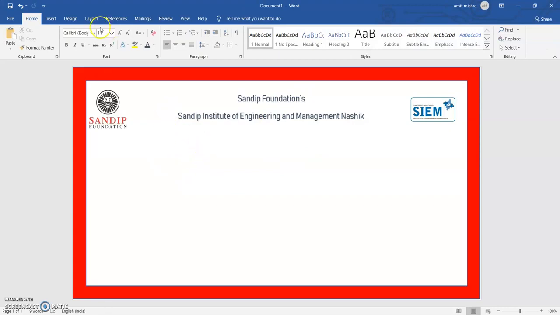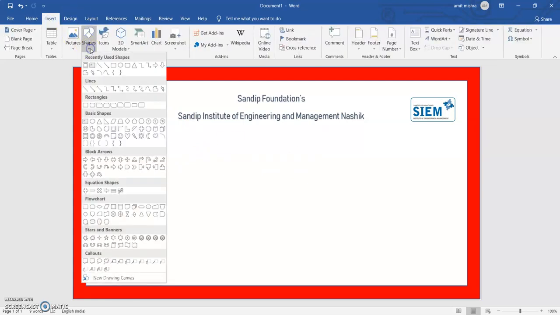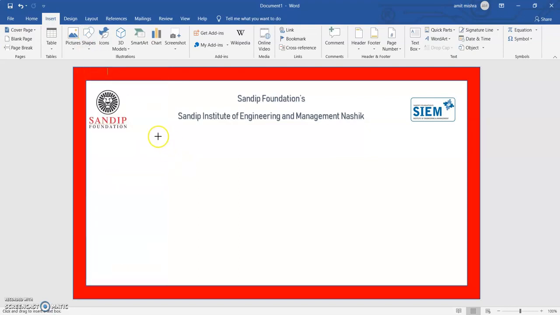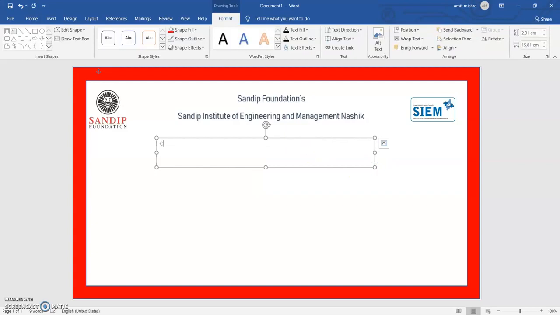Now again I have to write here certificate of participation. So again I will go to the Insert option, go to shapes, click on this, then write over here certificate of participation in this fashion.